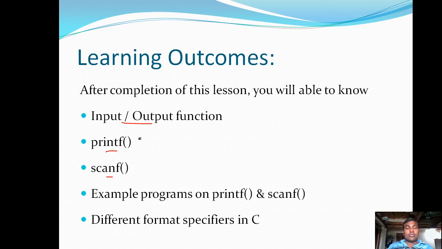So in today's session we are restricting ourselves mainly to discuss in depth printf and scanf, and then we are going to discuss several example programs on printf and scanf. Then the various format specifiers that are available in C programming and used while handling input and output.